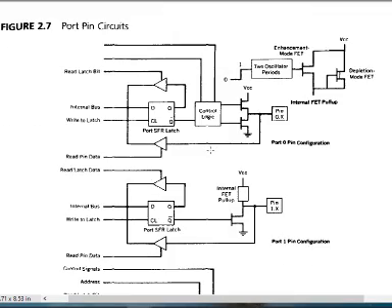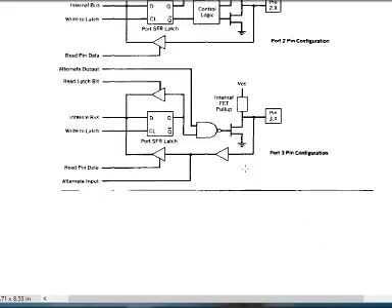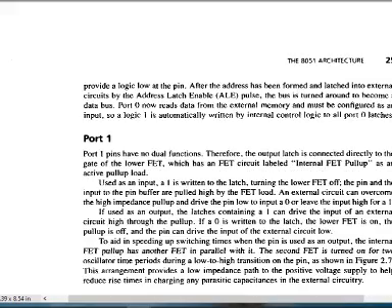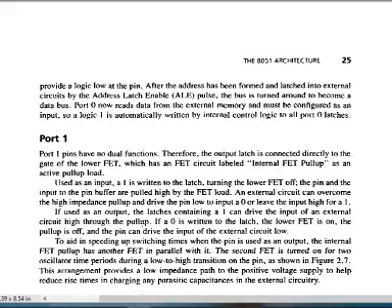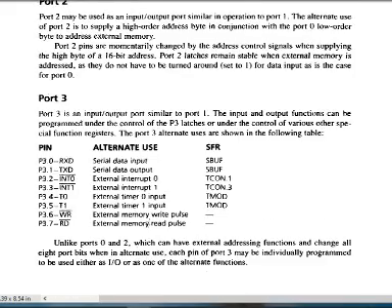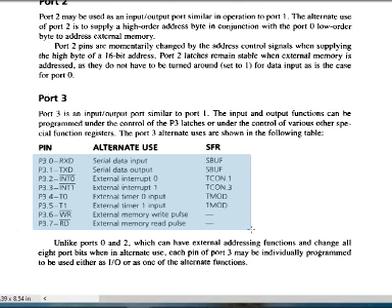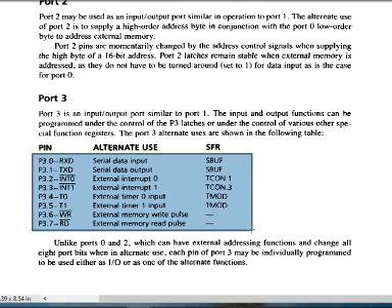Now this is the port pin circuit. We should not go into the details of this; it is fine if you know the number of the port pins. Only port 3 has some different pins, which are used for actual serial and parallel communication.